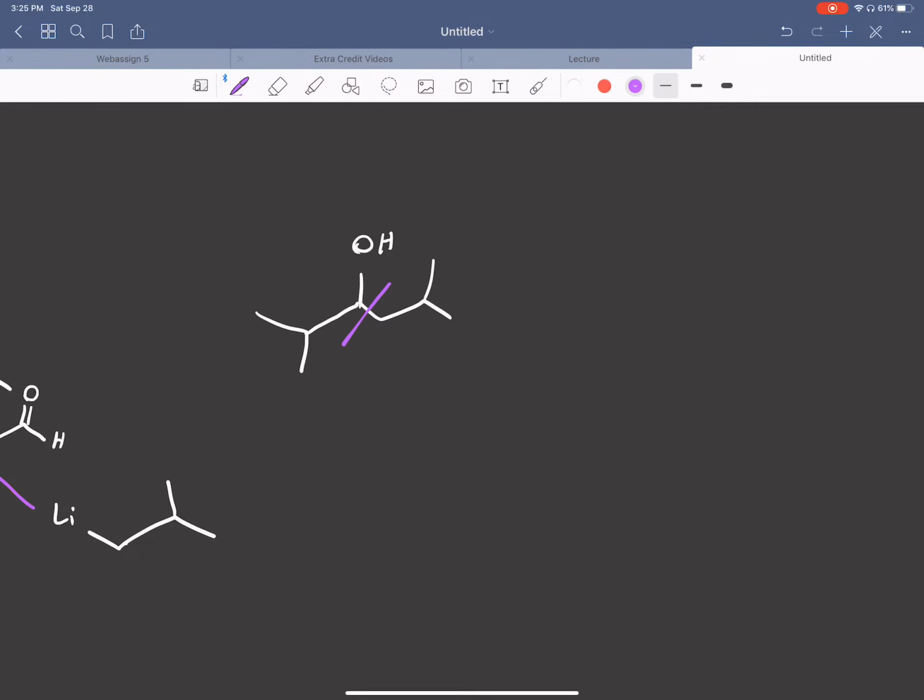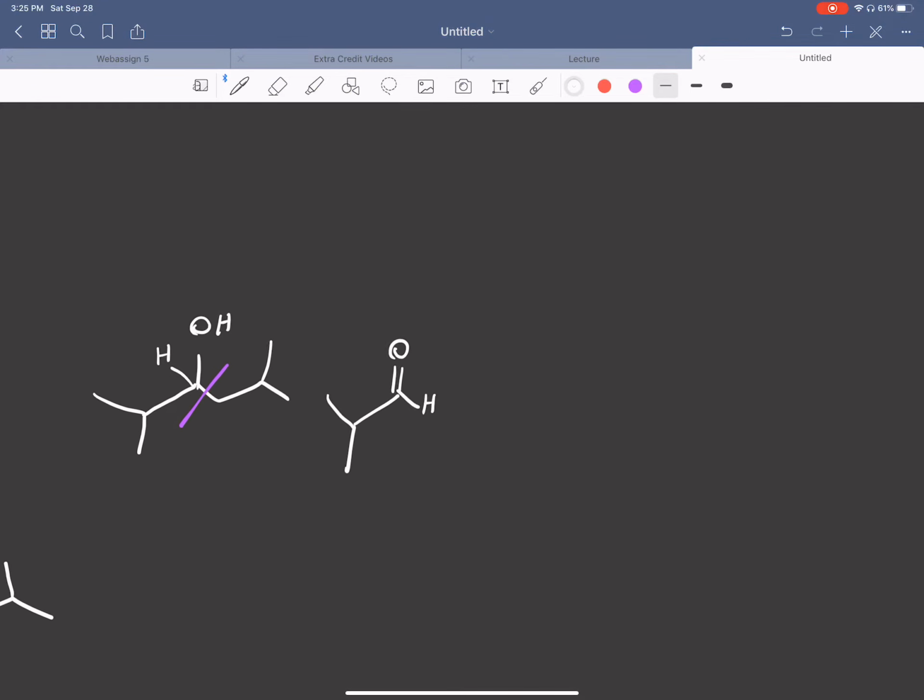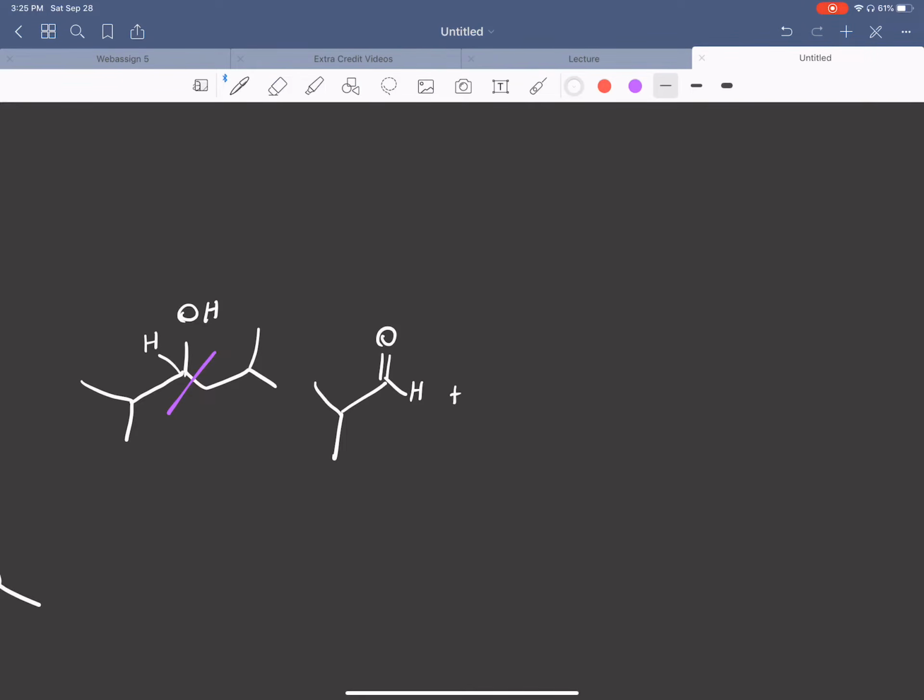So I'm going to cut the bond. So we separate them, and we have two parts now. The OH is going to turn into a carbonyl. Okay, and remember there was an H over here, so that just becomes right there. Plus